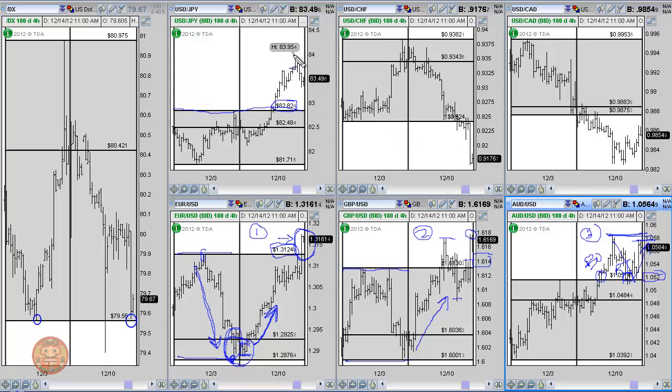82.82 was the breakout point here, finishing or pushing as high as 83.95, 84 level. A little bit of resistance up there, closing right around 83.49, but it did close above last week's high. So you have 4 markets closing above last week's high, while the dollar index is pretty much closing inside of